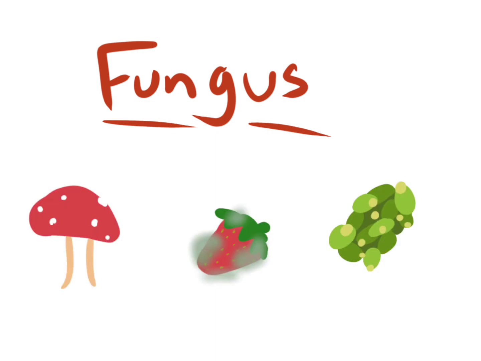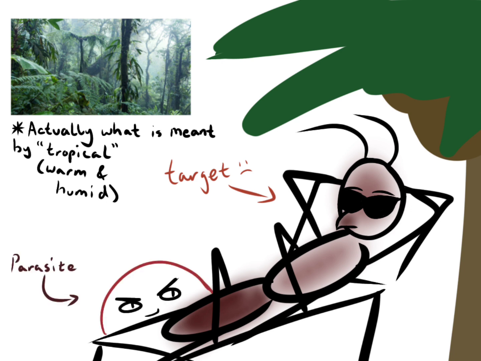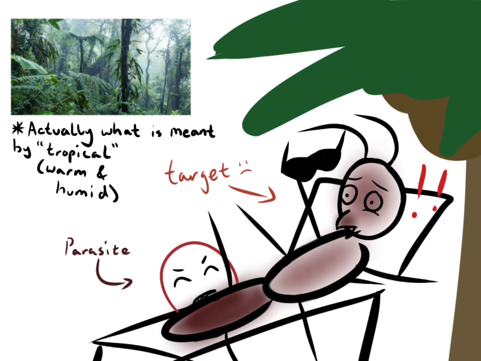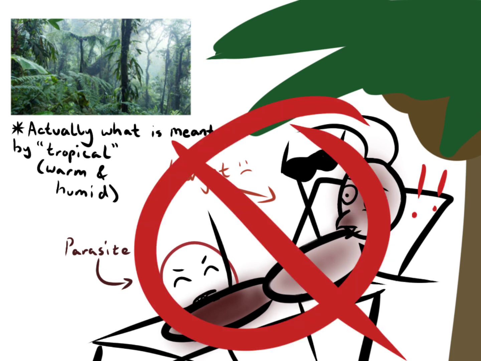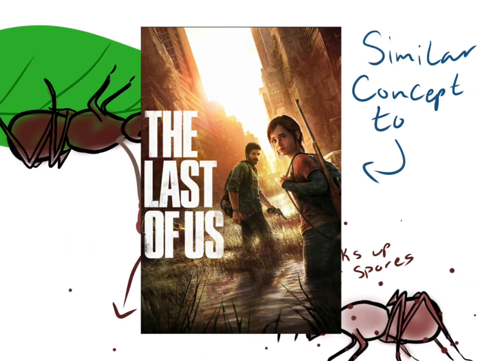If there's anything you know about fungi, it's that there are certain species that can harm others. This is unfortunately the case for several ants, especially in tropical areas. Ophiocordyceps prove to be parasitic and fatal when it comes to these insects. Unlike in your typical zombie media where the infected bite or scratch their targets, these fungi release spores which the ants pick up. This may sound more familiar to the Last of Us fans.